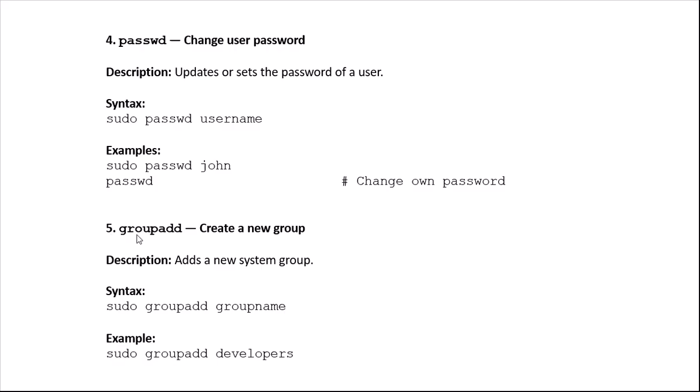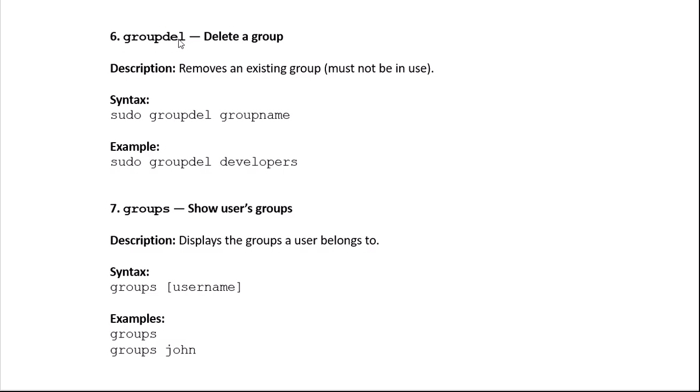The fifth command is groupadd, create a new group. The description is add a new system group, and the syntax is sudo groupadd groupname. Example: sudo groupadd developers, where developers is the group name. The sixth command is groupdel, delete a group. The description is remove an existing group, which must not be in use, and the syntax is sudo groupdel groupname. And the example is sudo